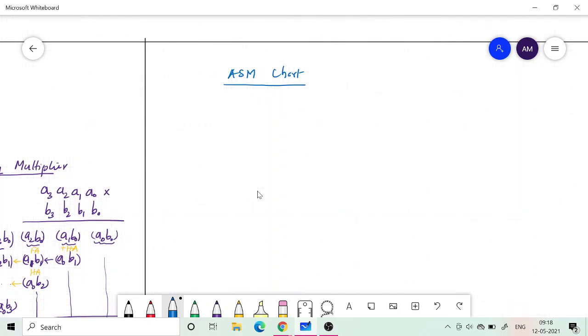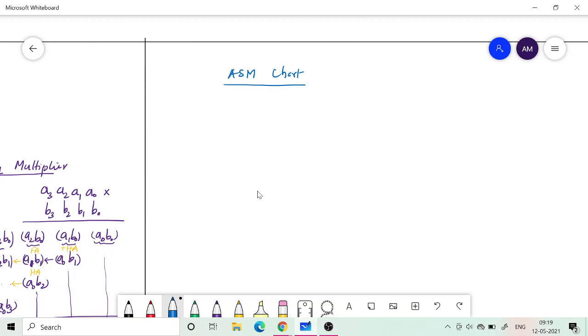A normal state diagram doesn't tell any information about what the hardware of the data path looks like. Both contain more or less the same kind of information with respect to state transition, the state diagram we denote with circles and arrows, which we learned when we studied FSM.